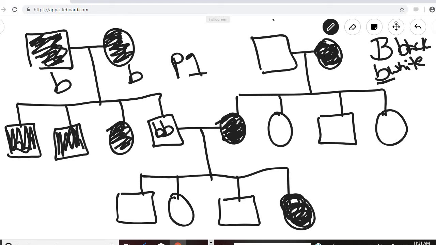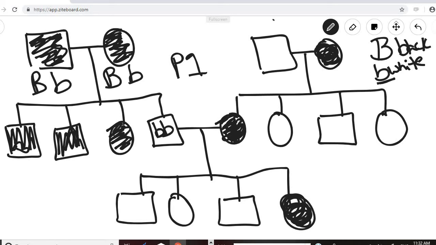And because the male is black and the female is black, they have to have the dominant gene as well. So their genotype would be that. Okay, and so then